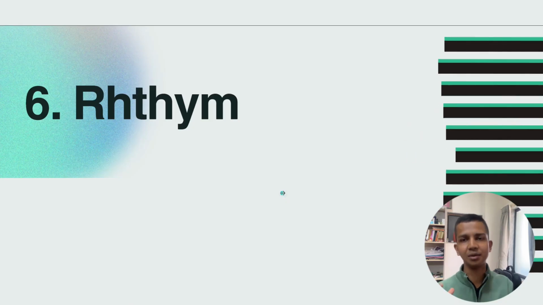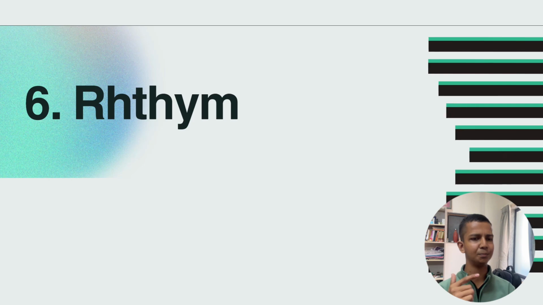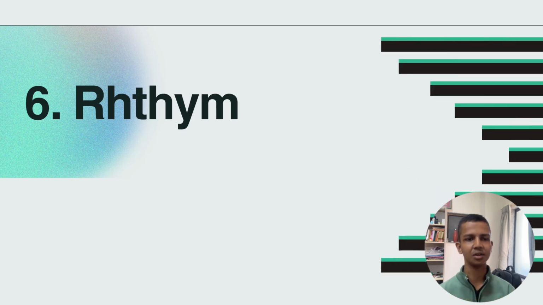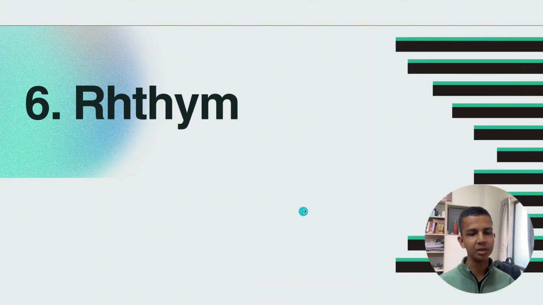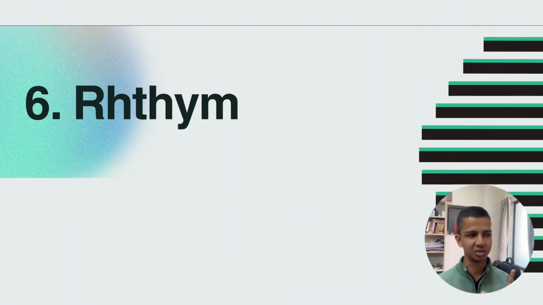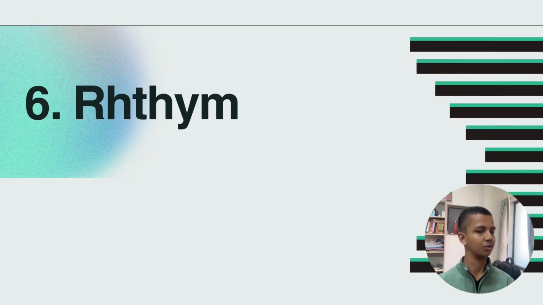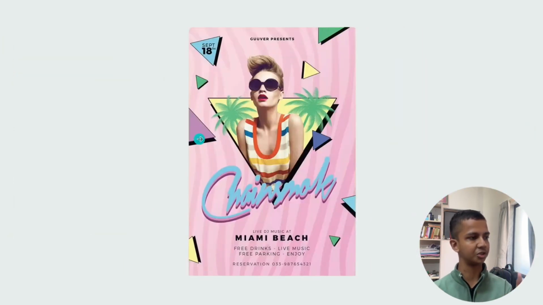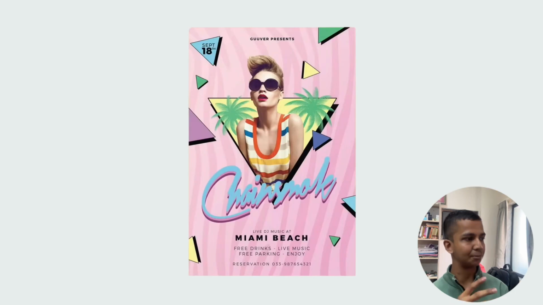And we have rhythm. Rhythm is like a pattern, a flow that creates a sense of movement in a design. The elements are repeated with slight variations. They use spacing, or the color of the element is changed. So let's see examples. Here you can see how the geometric shape, the triangle, is repeated multiple times. The triangles and abstract elements appear multiple times, creating a sense of continuity and balance.